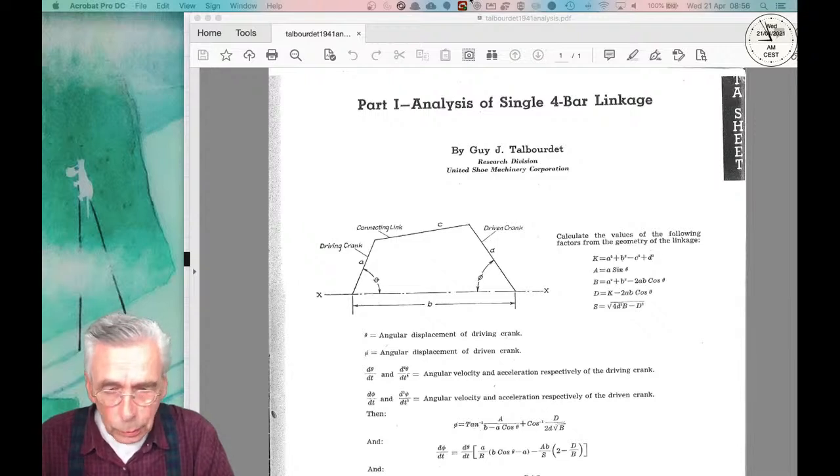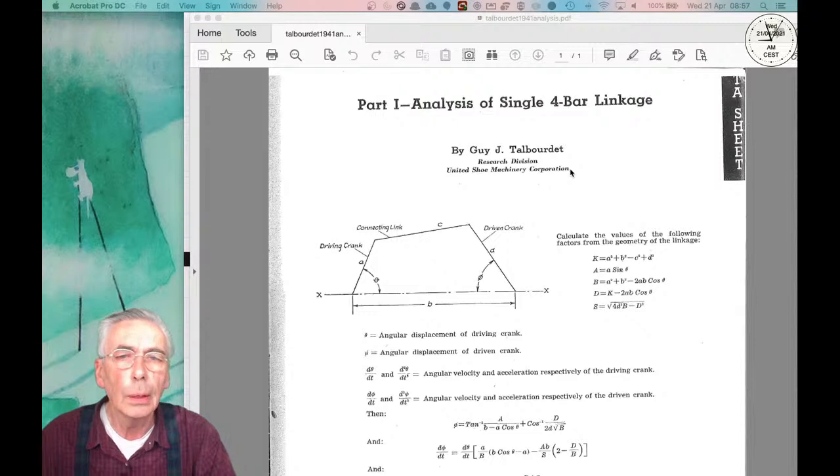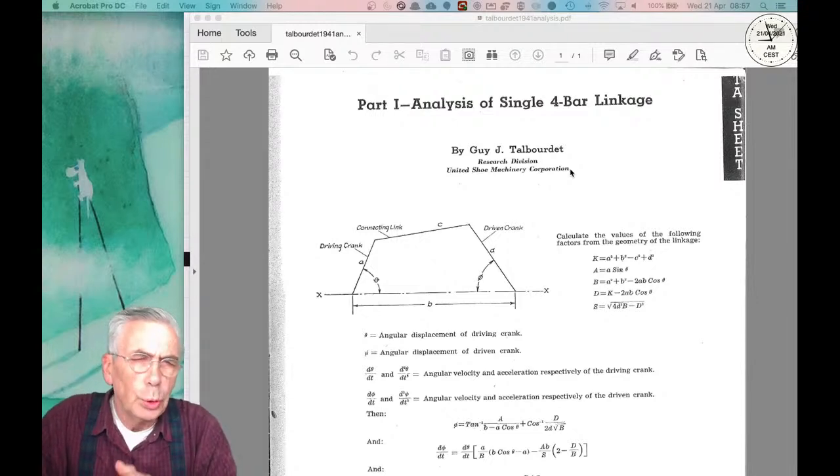So, analysis of a 4-bar linkage, and it's by Guy J. Talbourdet, and he's from the research division of the United Shoe Machinery Corporation. Now, what do shoes have to do with 4-bar linkages? Well,